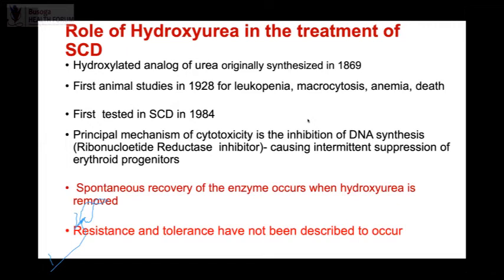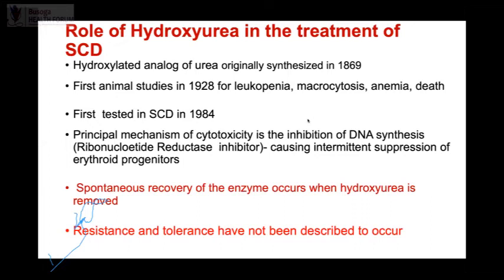It works principally by inhibition of DNA synthesis, and it causes myelosuppression. In inhibiting this DNA synthesis in ways that are still unknown, it causes the body to produce hemoglobin F. Hemoglobin F is a type of hemoglobin that is found in the fetus and does not sickle. Okay, so that's the first mechanism. But also because it causes bone marrow suppression, it reduces the amount of white blood cells and platelets that we know cause problems in sickle cell disease.